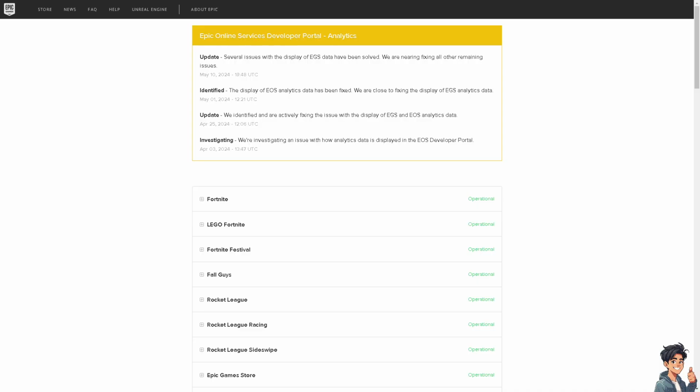Now, the Epic Games error code LS-0003 typically indicates a problem with connecting to the servers. Now, here are several steps you can take to troubleshoot and potentially fix this issue. Number one is you need to check the Epic Games server status. From here, visit the Epic Games status page at status.epicgames.com to see if there are any ongoing issues with their